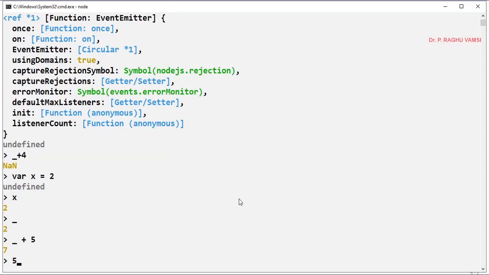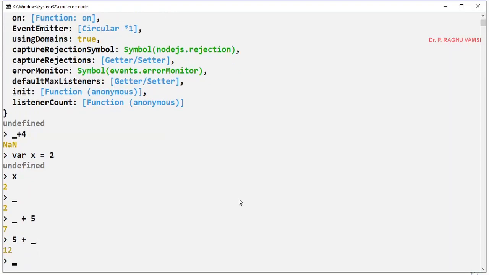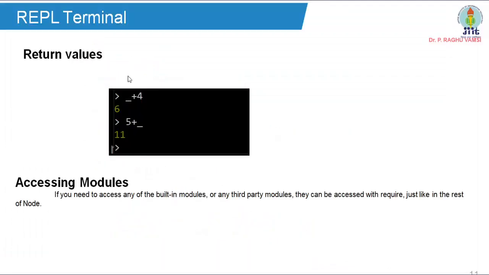Now if I say 5 plus underscore, then 12 will be printed, because the previous value 7 is taken and added: 5 plus 7. That is the return value shown in the lecture slide. Similarly, if the previous value was 2, then 2 plus 4 is 6, and 5 plus 6 is 11, which is printed here.